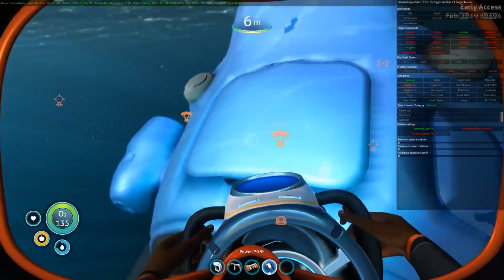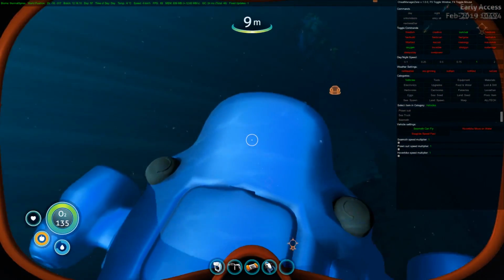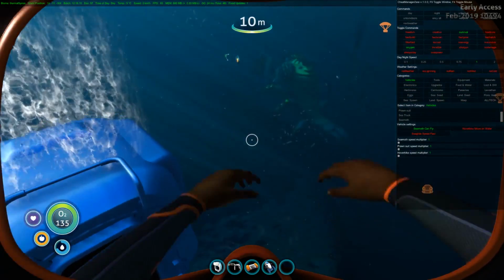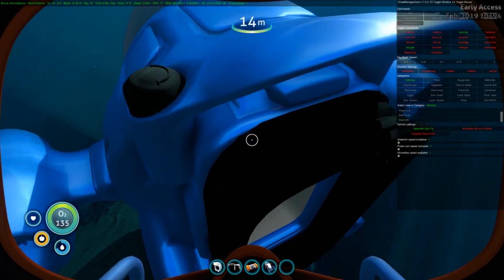And if I... Wait, what happens if I spawn in a smaller module that attaches to the big sea truck? What happens if... Okay, gotta try and do that. So this is the actual size of how things are supposed to be. And there's my gigantic sea truck. I'm gonna crash my game. Hang on, let me just...